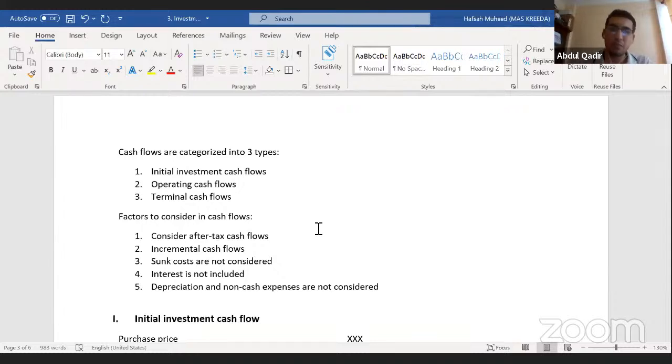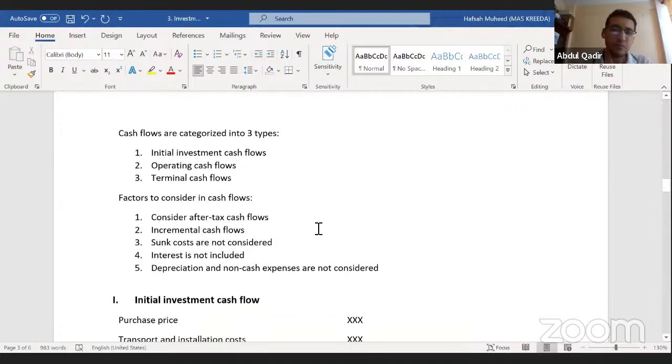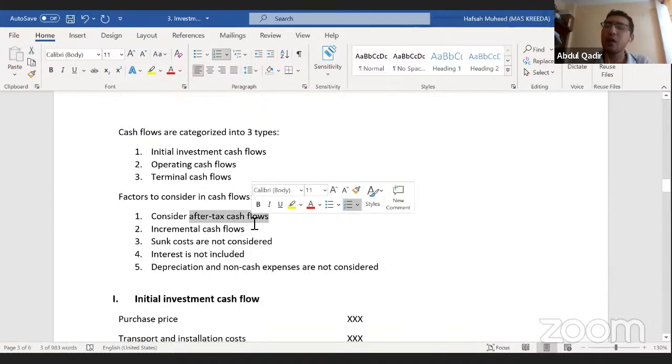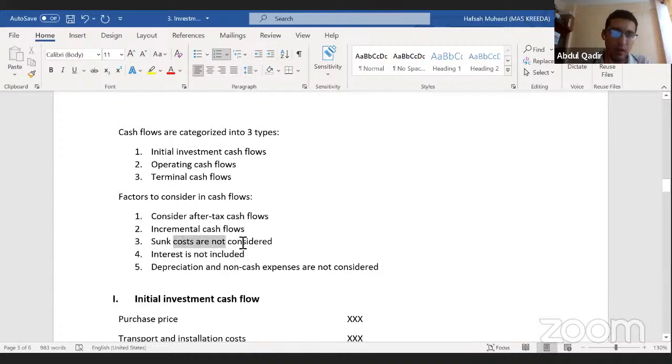So when you're doing investment appraisal, there are certain factors you need to consider or be careful of. We will always use after-tax cash flows when we are doing our investment appraisal. Because when you implement that project, you'll be earning revenues, you will have certain costs, and if you have a profit, you will have to pay tax on that. So you're going to deduct that tax and consider cash flows after that. And you will, of course, consider incremental cash flows. That means cash flows which will be generated as a result of implementing this project. Some costs are not considered, which we discussed a little while ago.